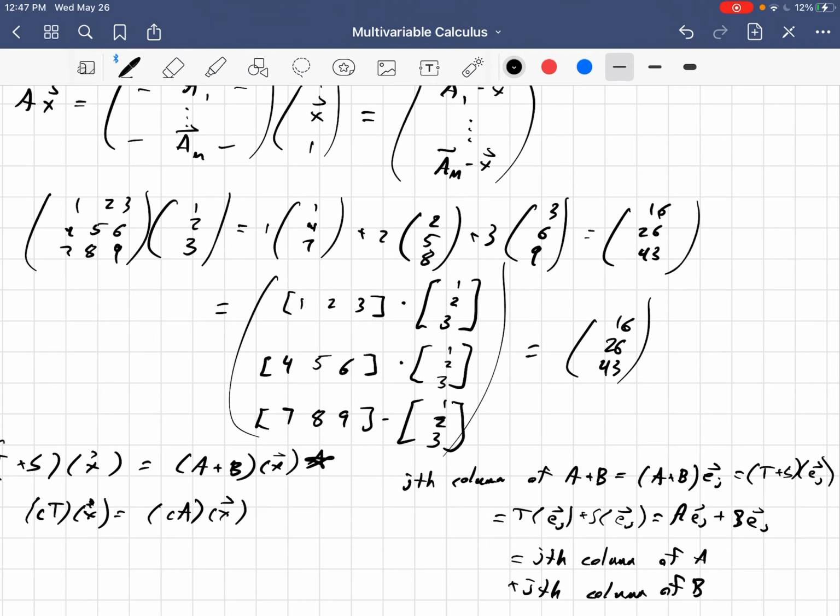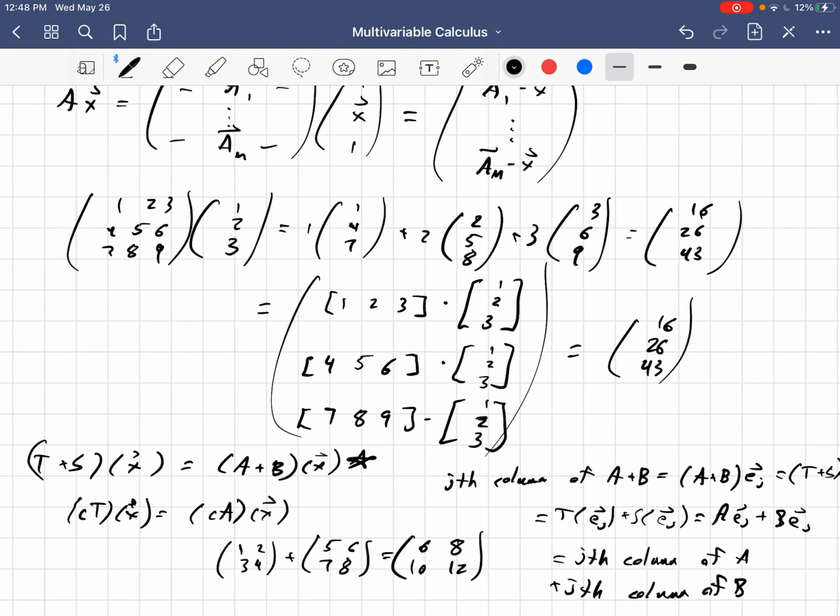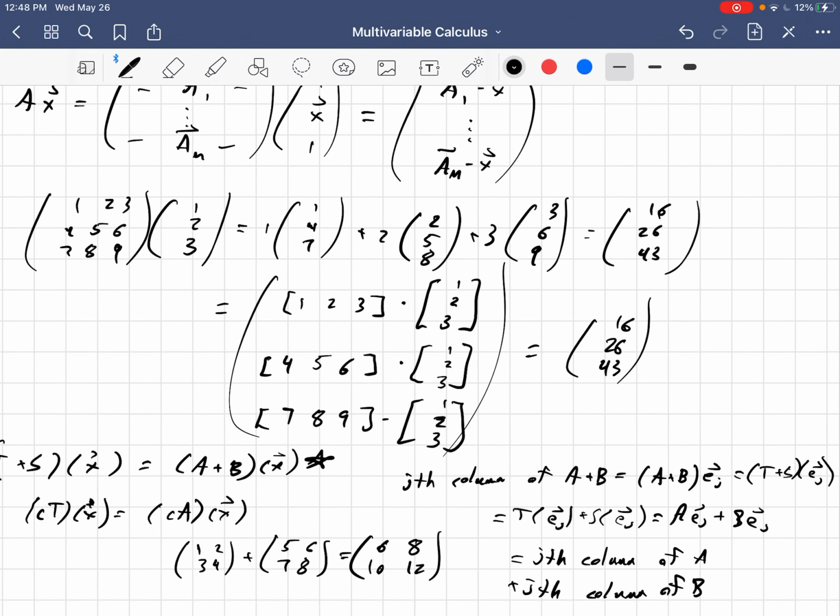And so to get to how you actually add matrices, just add up the corresponding columns. If I had 1, 2, 3, 4 plus 5, 6, 7, 8, I would just get 1 plus 5 or 6, 2 plus 6 or 8, 3 plus 7 or 10, and 4 plus 8 or 12. But realize that this isn't just convenient. It naturally comes from imposing the linearity condition, that a matrix is a linear transformation. And the argument for scalar matrix multiplication is almost exactly the same. I will leave that as an exercise to the interested viewer. And so I believe with that,